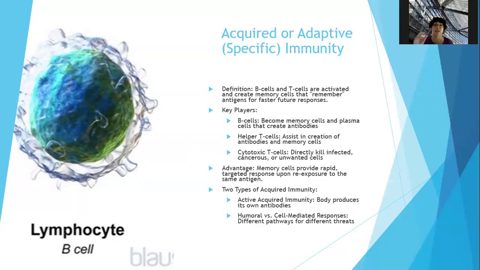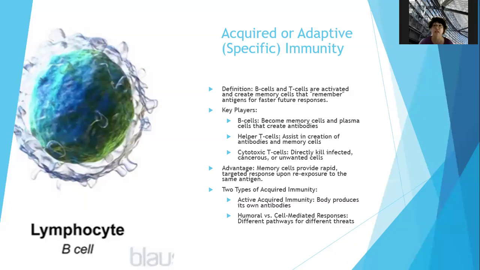are like assassins of the natural killer cells. So the body sends them out to kill something specifically. Just interesting. So cytotoxic T cells directly kill infected, cancerous, or unwanted cells, and those are the CD8 cells. So the advantage of specific adaptive immunity is that memory cells provide a rapid targeted response when you get re-exposed